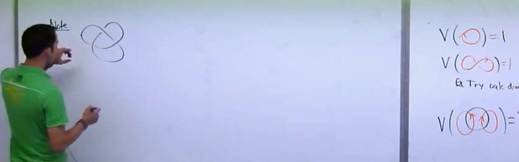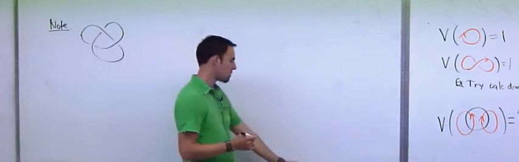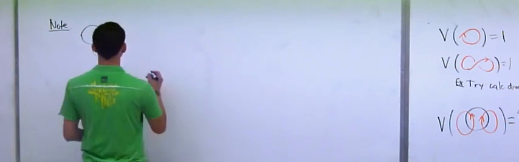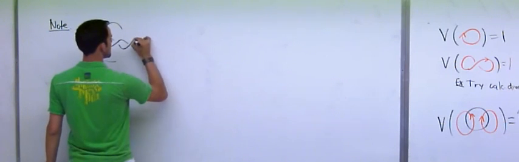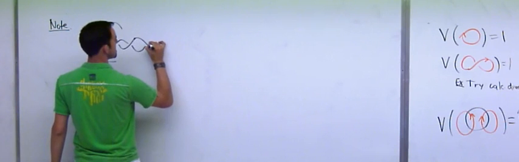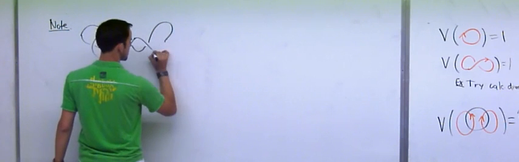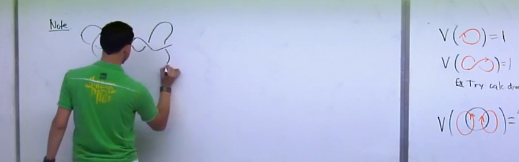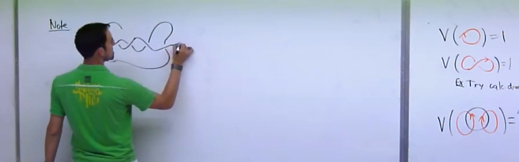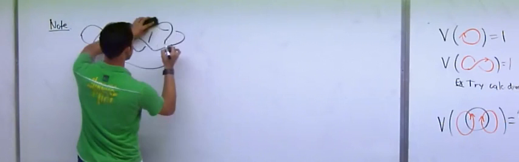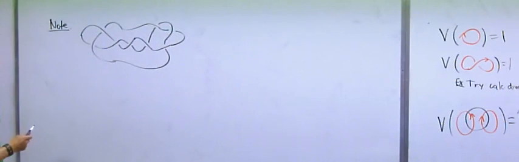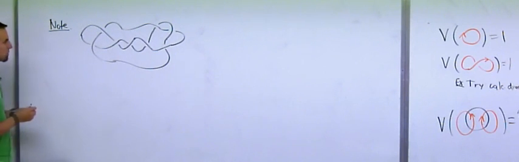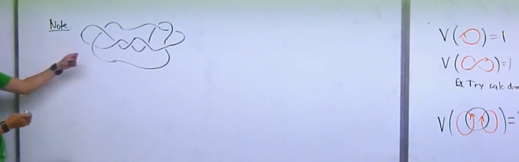Okay. What I want you to notice is this. And actually, let's draw a more complicated knot. So maybe here, I really don't know how we're going to do it. Okay, so there's a knot. It's not too bad. I want you to notice something. And what I want you to notice is that you can give the regions